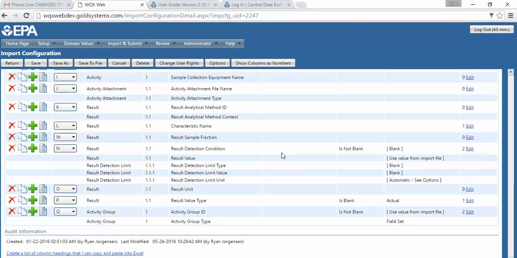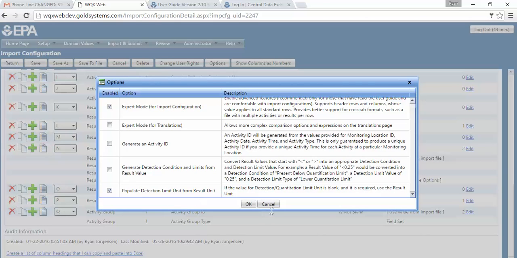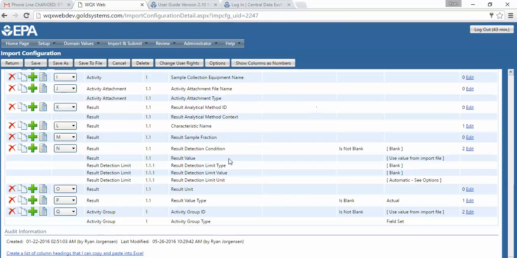And then in this case, for the result detection limit units, it says automatic, see options. And that's just a reminder that you are not literally providing the result detection limit unit. It's going to be automatically populated for you based on an option that you selected in your import configuration. So that's just a reminder that we've set up this option here that says populate the detection limit units for us. Okay, so the last